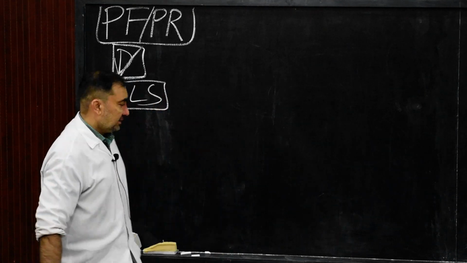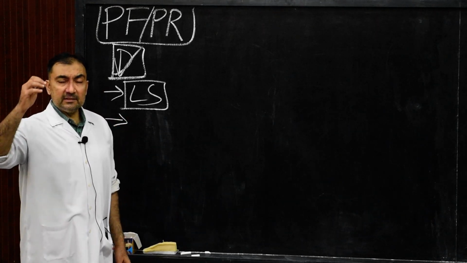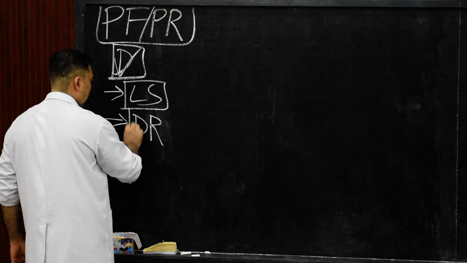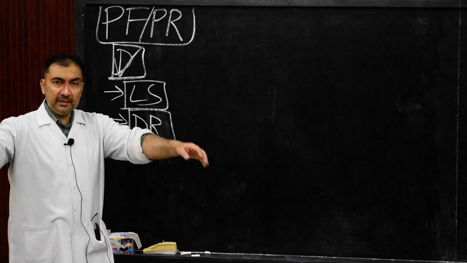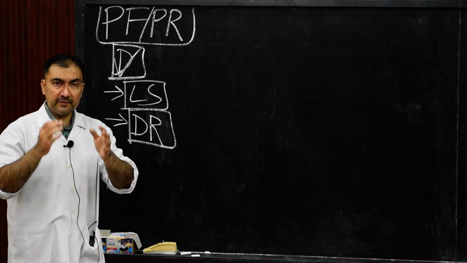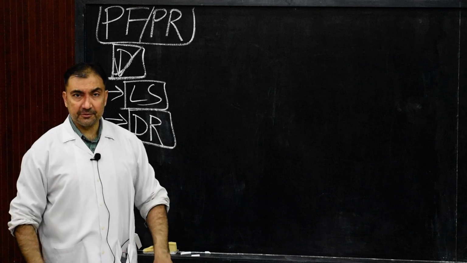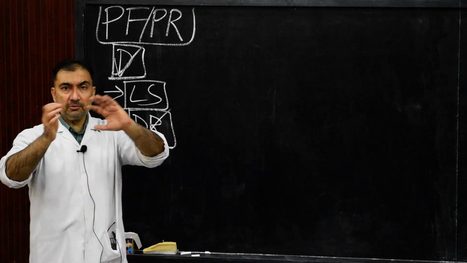Then, second classification, the duodenal recesses, which we are going to discuss in detail. There are so many duodenal recesses, around 6 of them, and all of them are very important. All of them are asked in 1 mark question answers or in MCQs. So these are the various duodenal recesses which are present around the duodenum.